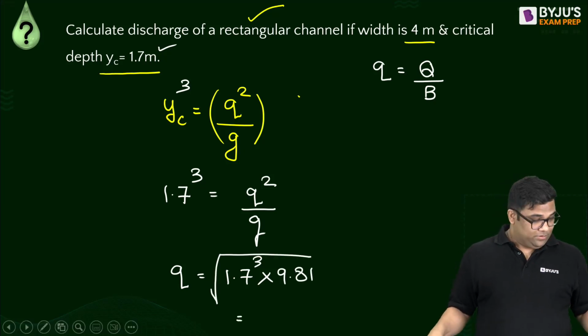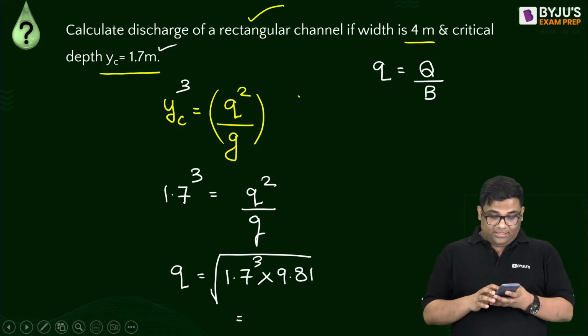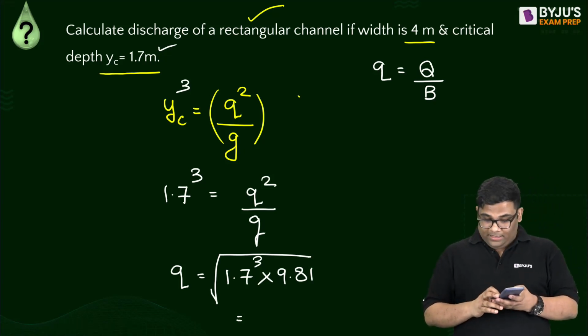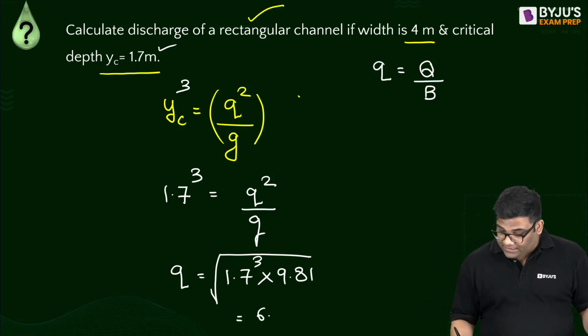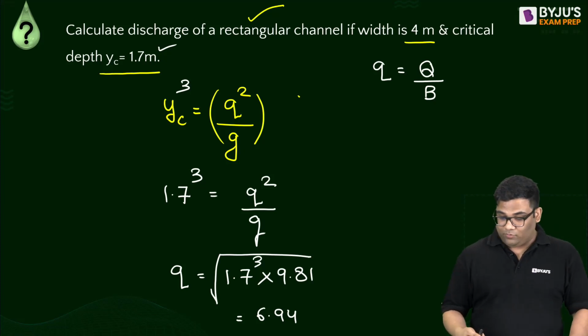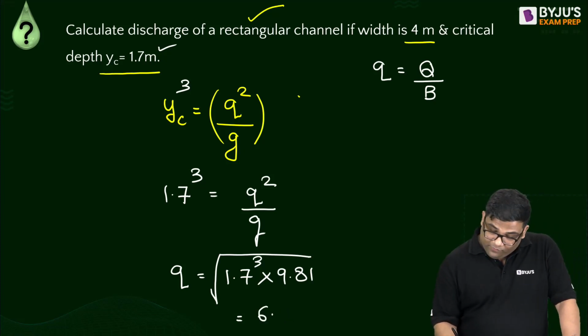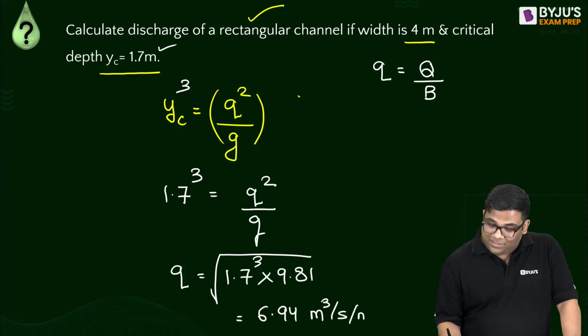Let us find out q then. Small q, what is small q? 1.7 cube, then multiply by 9.81, and I'll take a square root of this. I'm getting this as 6.94 meter cube per second per meter, because this is the